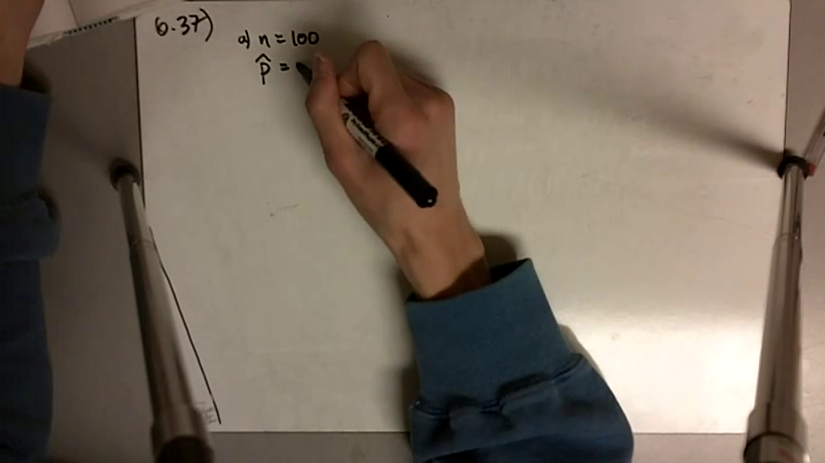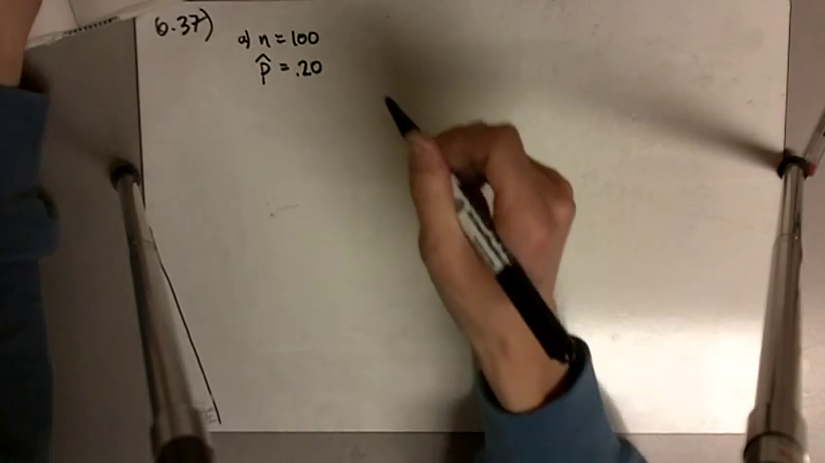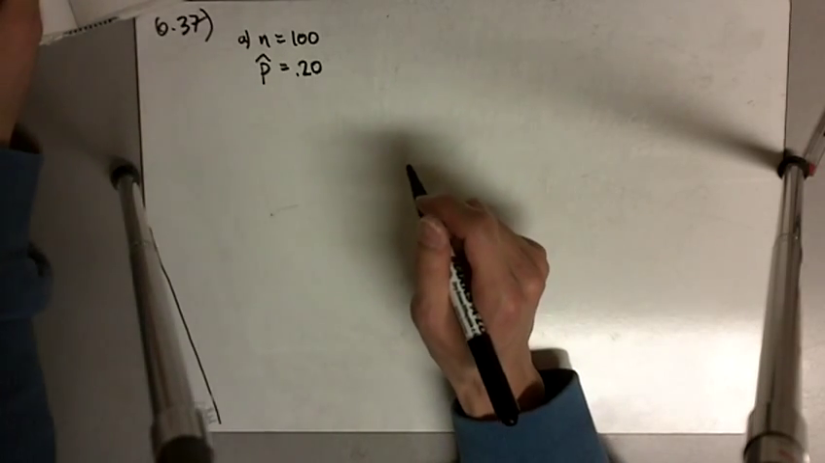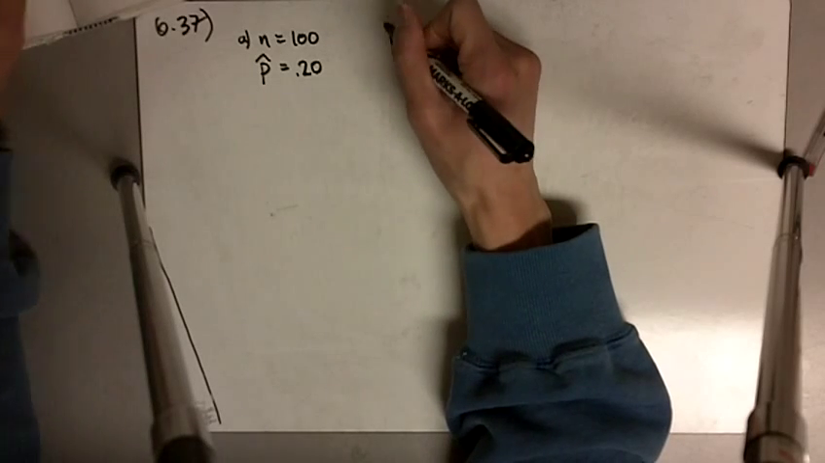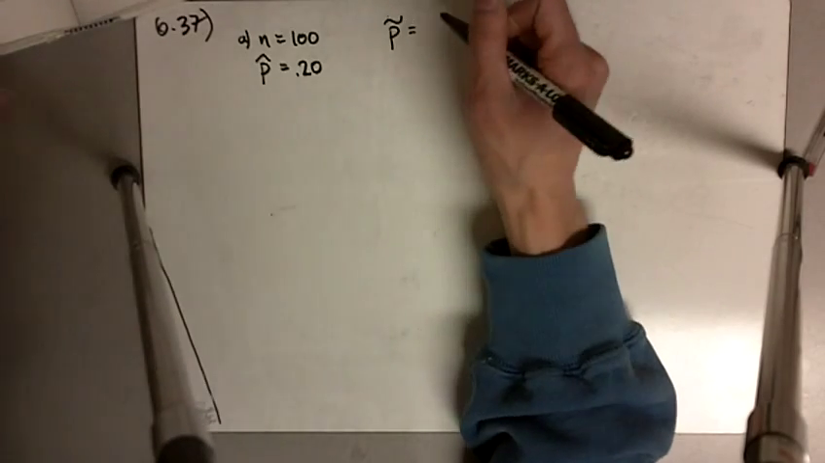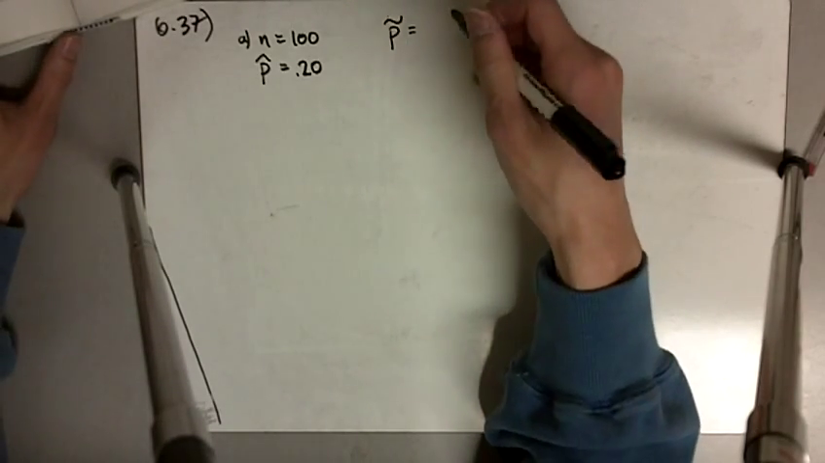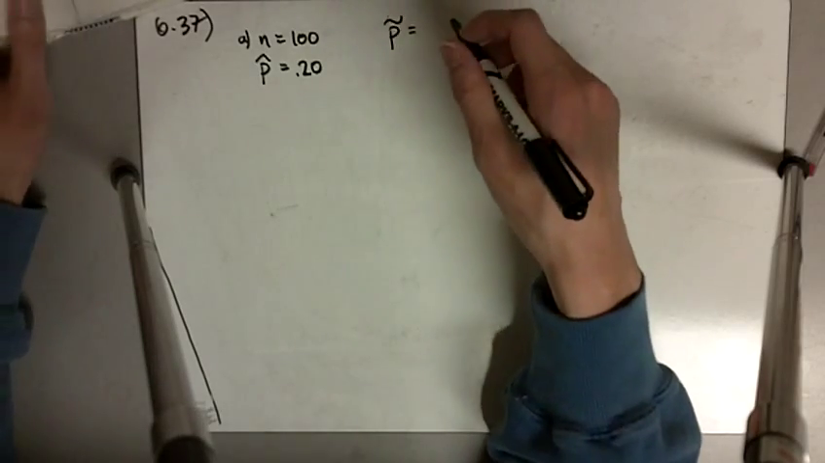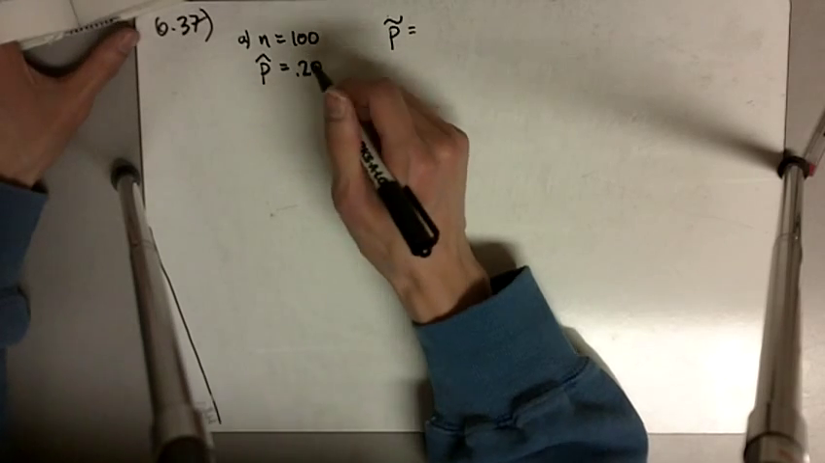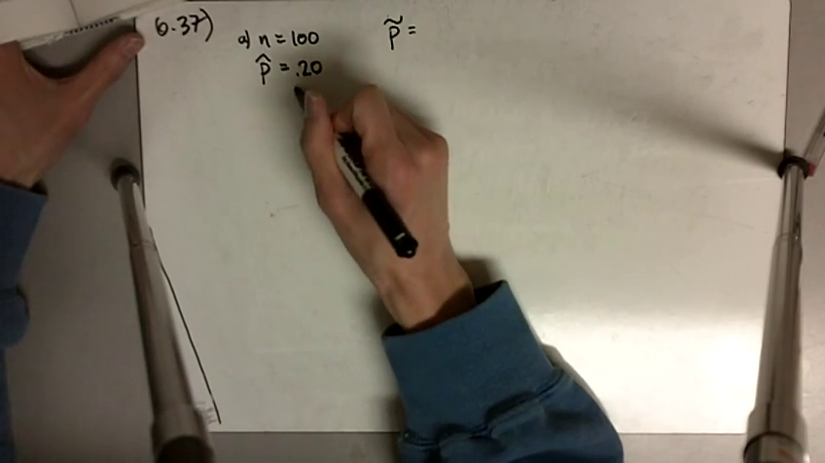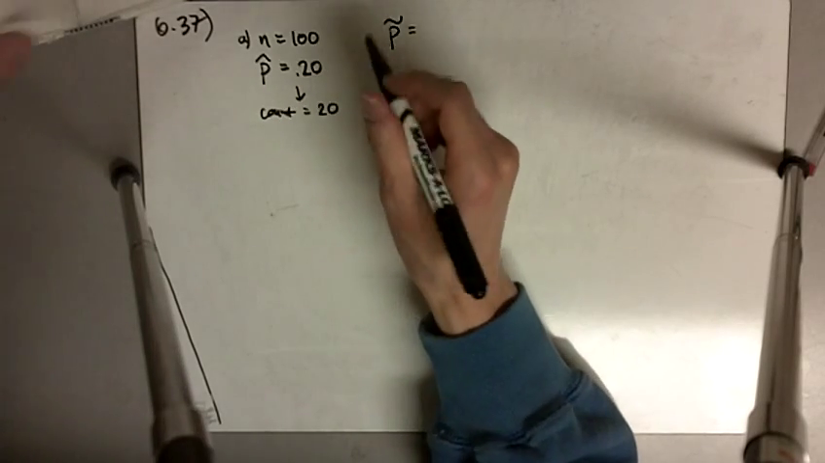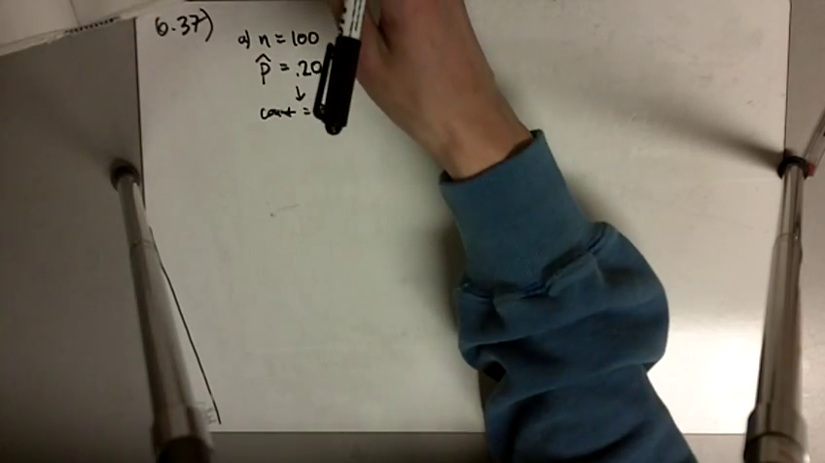in our sample, we observed 20% to be mutants. So in this case, we have to calculate this p squiggle. The formula for p squiggle is going to be our count. Let me just backtrack here. If we had 100 in our sample and our sample proportion was 20%, that means the count is equal to 20. So we had 20 out of 100 fruit flies